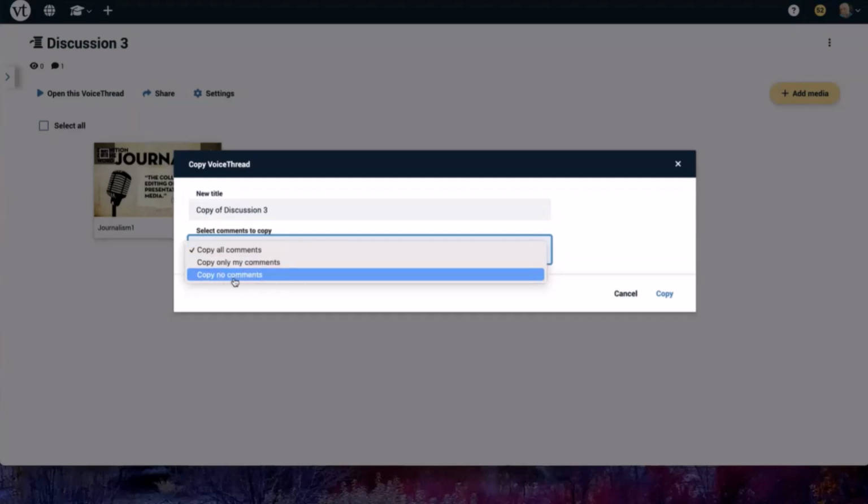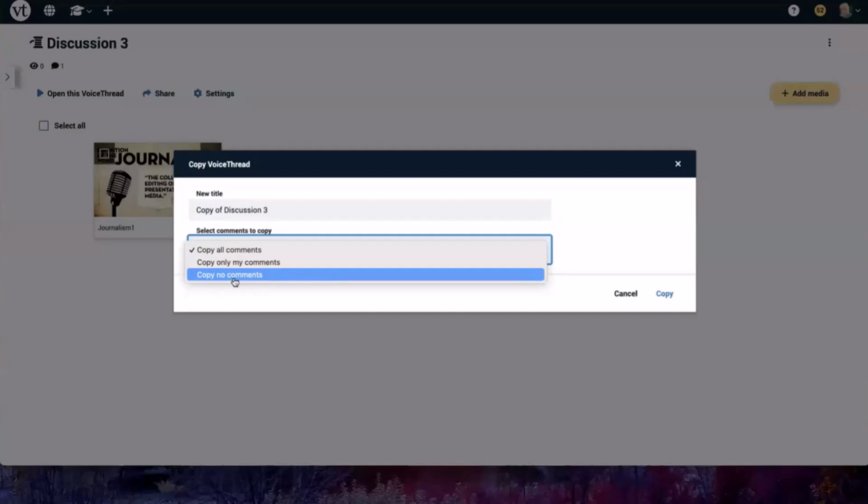There are other times where, let's say maybe you teach a class that's more current events based. Maybe it's a political science class and you're talking about the midterm elections, and you have some general comments on the voice thread about midterm elections, but you also have some comments that are very specific to certain congressional races that are happening right now.